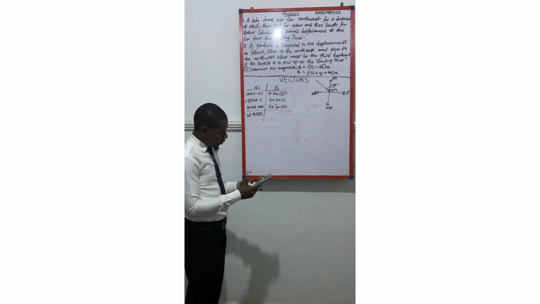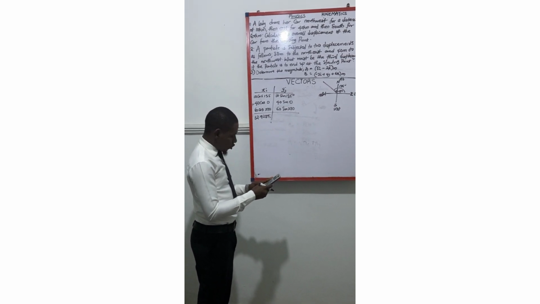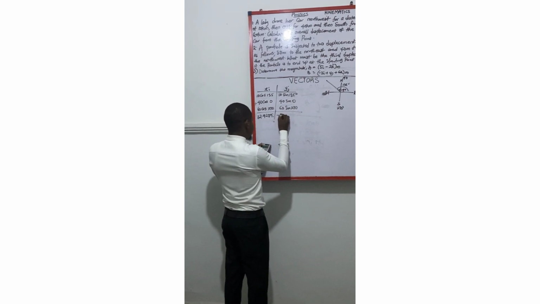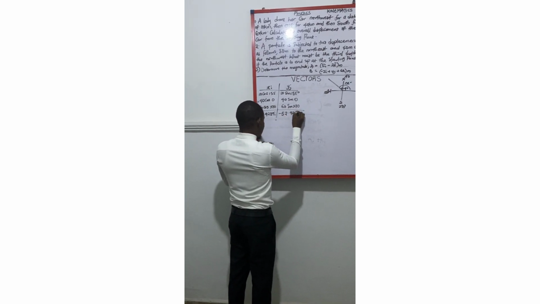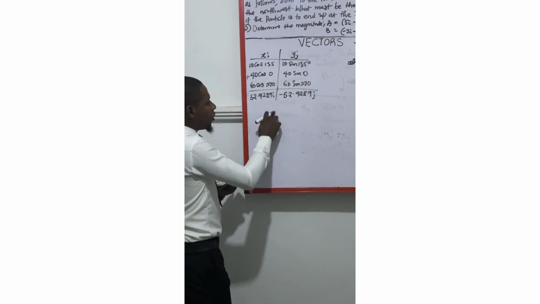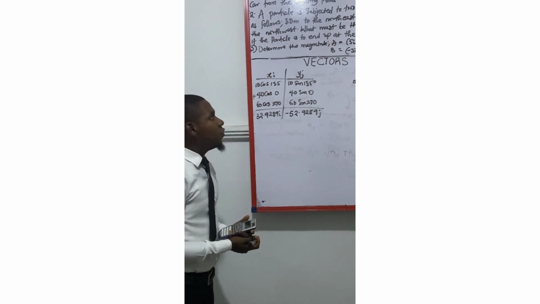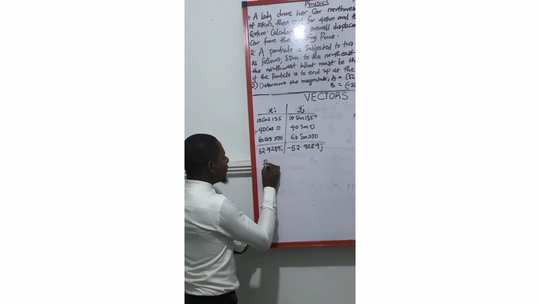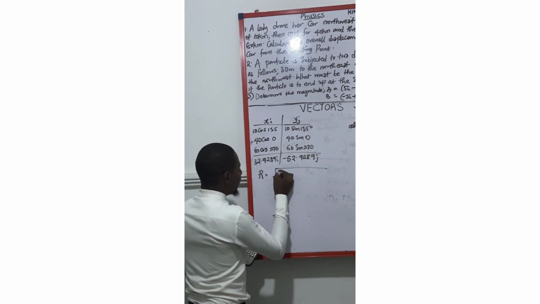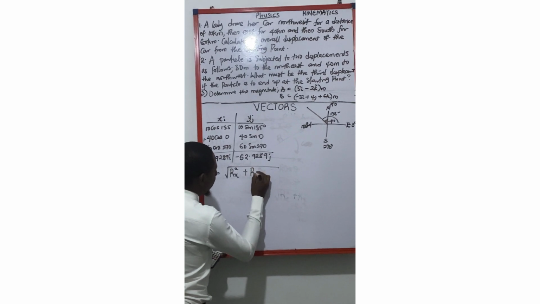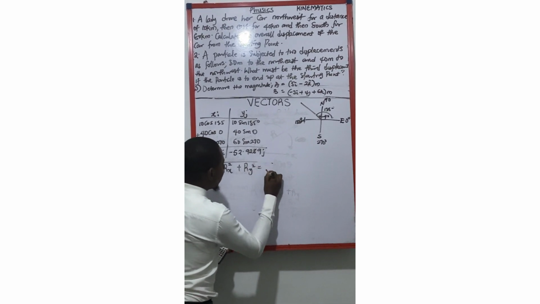40 sine 0 is 0, plus 60 sine 270, and we are having minus 52.9289 in J component. Okay, so next is for us to determine the displacement, the overall displacement. So the displacement is simply what? The square root of the x squared plus y squared. And that will now be giving us